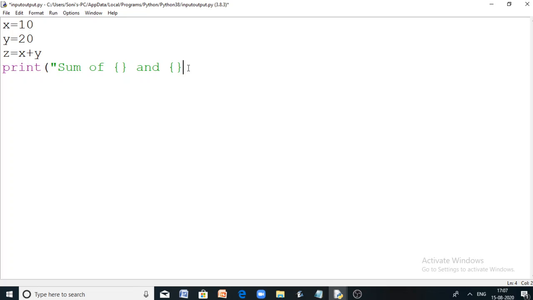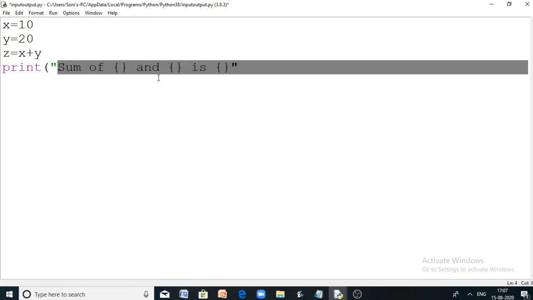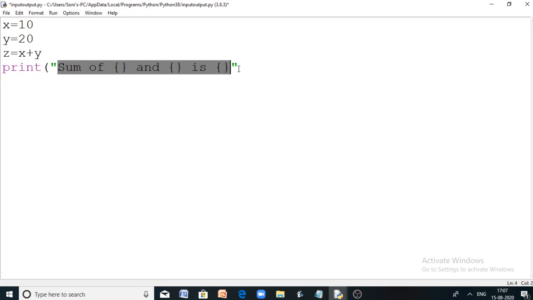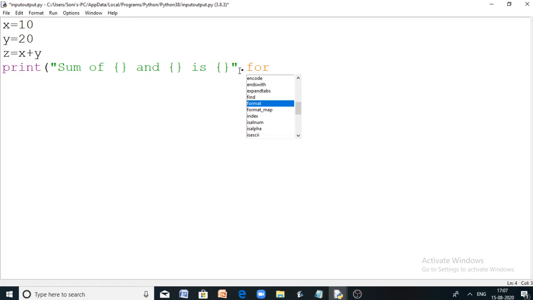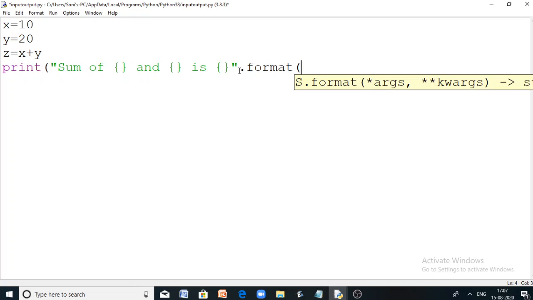Sum of x and y is, again, what is that? z is the sum of x and y, right? And then this is the string I want to print, but I want to format it by using format function. So I want to call this format function on this string. This is a string. So if you want to call the format function, that's a function to process a string, you have to call it using the string as its object. So the string dot format of,